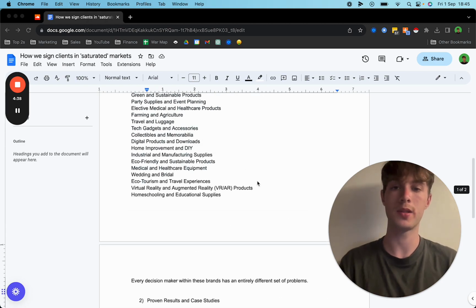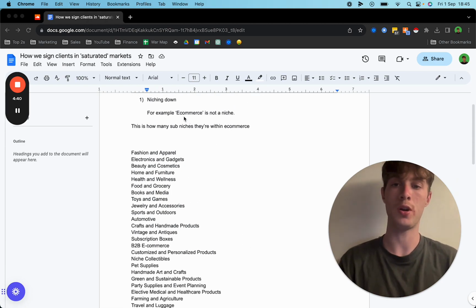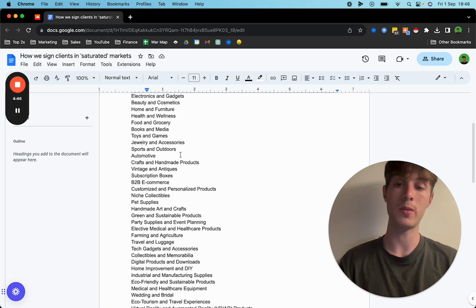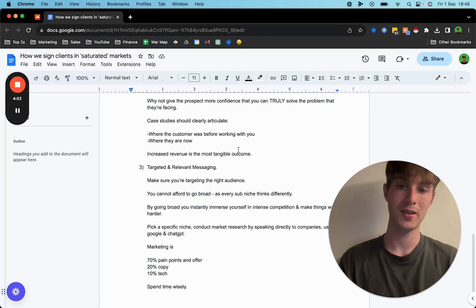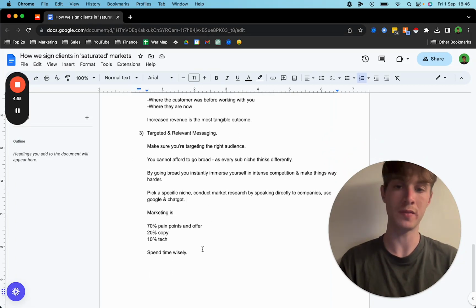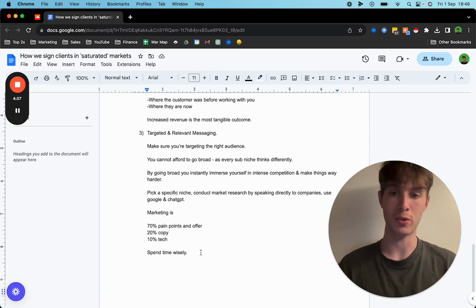Because if we go back up here to the top, how many people do you know are targeting e-commerce in general? Whereas if you go one step further, how many people do you know are targeting crafts and handmade e-commerce stores in particular? Like, where do you think more competition is? It's obviously in the crafts and handmade products area. So pick a specific niche,